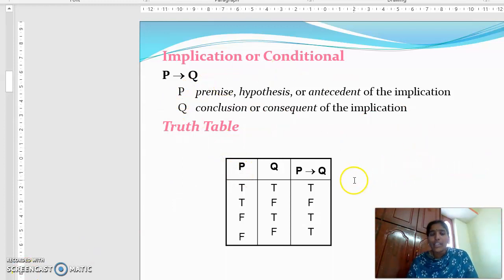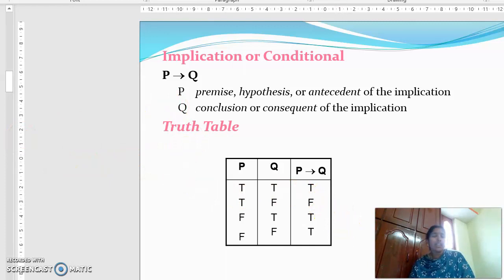So the truth table of the implication is P conditional Q. Here also we are having the two statements P, Q. So we are getting the four possibilities: true true, true false, false true, false false. Whenever P conditional Q is false, there is only one case that is false, that is nothing but if P is true, then Q is false. The P conditional Q is false, and the remaining three cases are true. That means if input is true and output is false, P conditional Q is false. And in all the remaining cases, it is true.